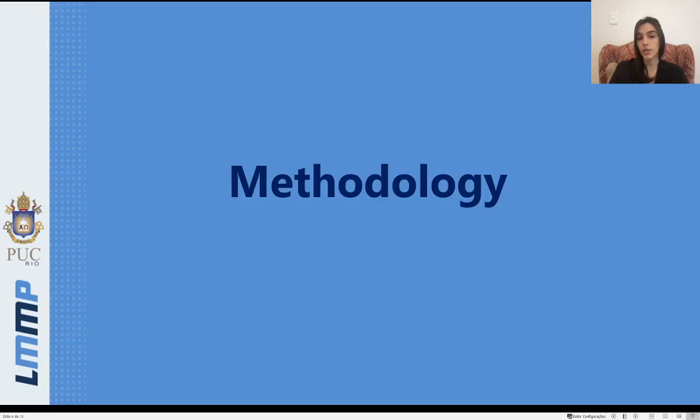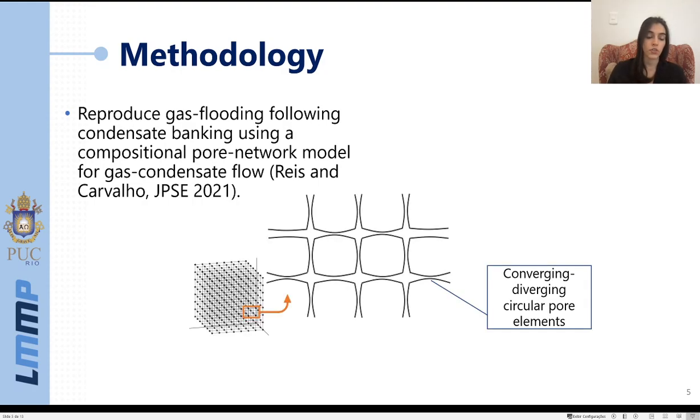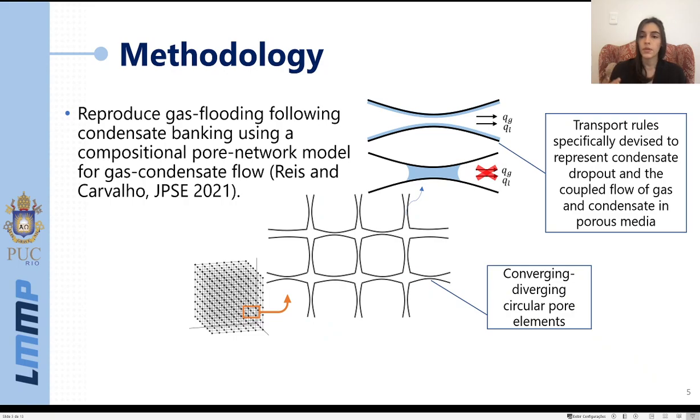So now I'll explain this study's methodology, and basically what we did was to reproduce gas flooding following condensate banking using a compositional pore network model for gas condensate flow. The main features of this model are the fact that we represent the porous medium as networks of converging, divergent, circular pore elements, that in those pore elements we've implemented transport rules specifically devised to represent condensate dropout and the